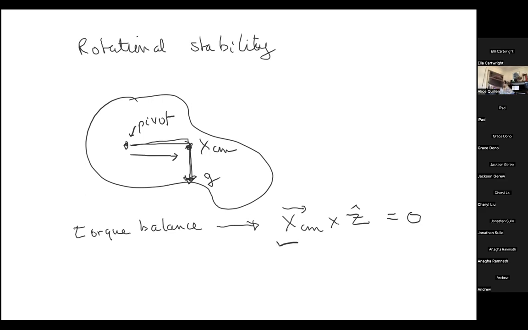So what does this mean? What this means is, the way I've drawn it here, the center of mass is to the right and gravity's down, so the whole system is going to tilt down. So the condition for it to be stable is you have to have the center of mass above or below the pivot point. So for equilibrium, the center of mass position